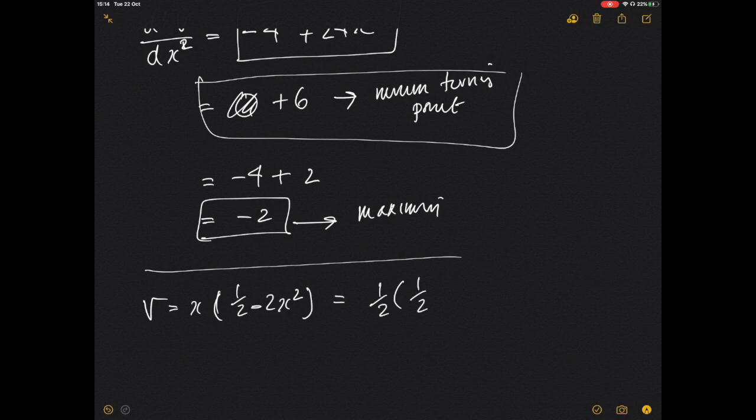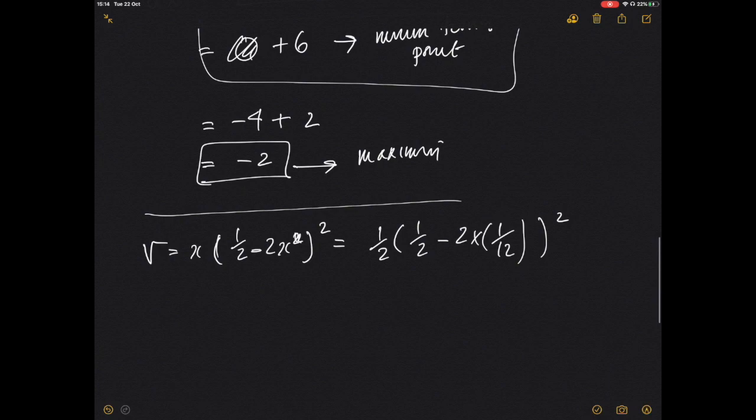That would be a half minus 2 times by our values, minus 2 times 12, and we square that. So then we would get, if we stick all this in our calculator, that that would equal 101 over